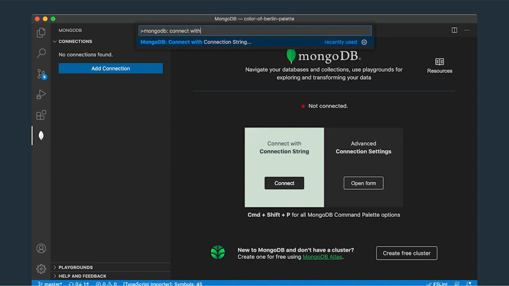In order to connect to MongoDB using a URI, click the Connect button or open the Visual Studio Code command palette and start typing MongoDB. Visual Studio Code will list all available commands for the MongoDB extension. Click Connect with Connection String and it will show you the input field where you can enter your URI. As you type, the extension validates the input string and tells you if the URI is not valid yet. When it's valid, press Enter and it will connect you to the desired cluster.